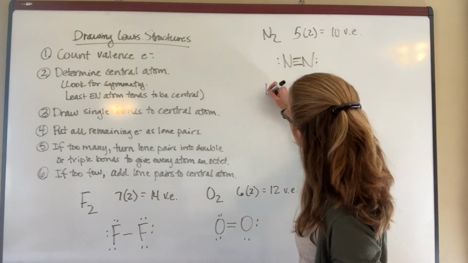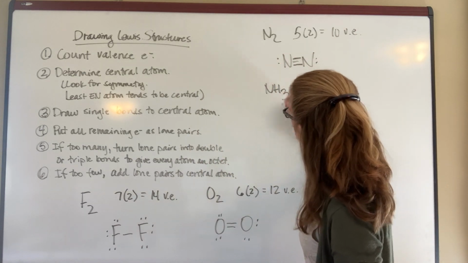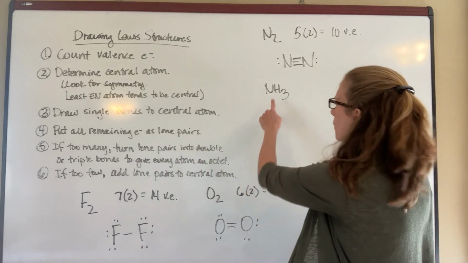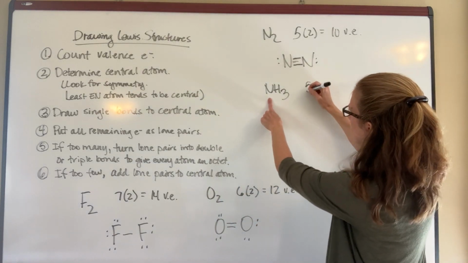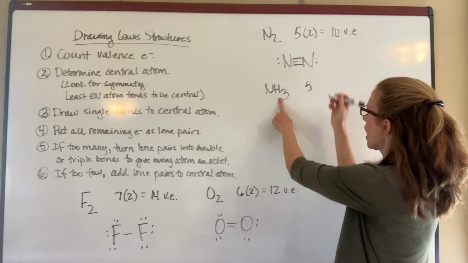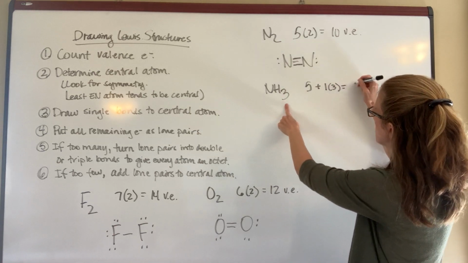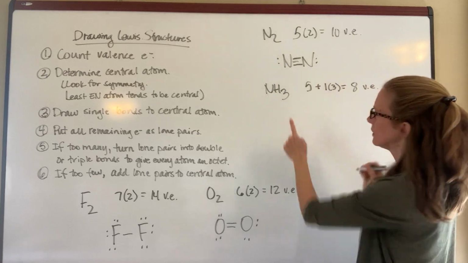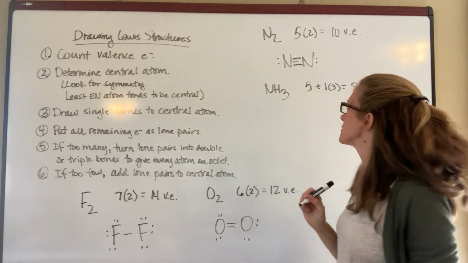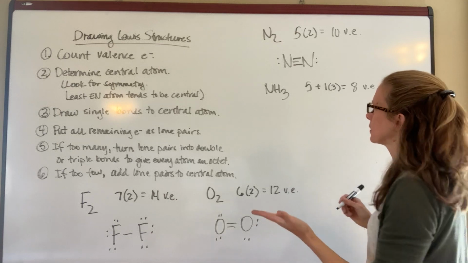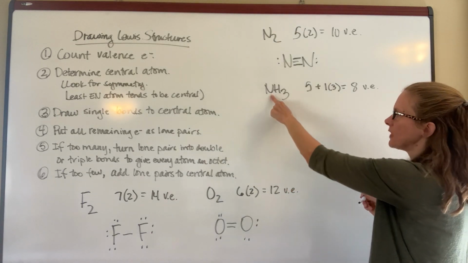How about NH3, okay? Well, nitrogen has 5. Each hydrogen has 1, but there are 3 of them, so that gives me a total of 8 valence electrons. All right, so let's see how this is going to work. Nitrogen is going to be